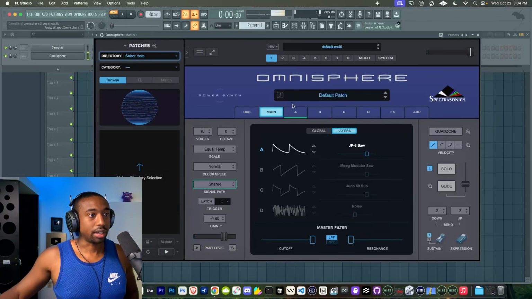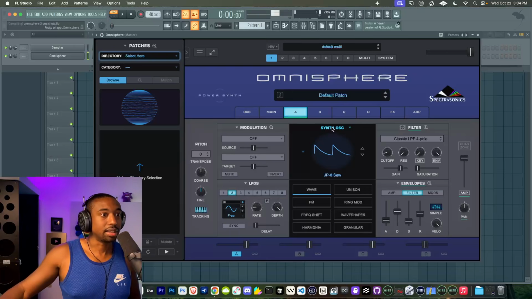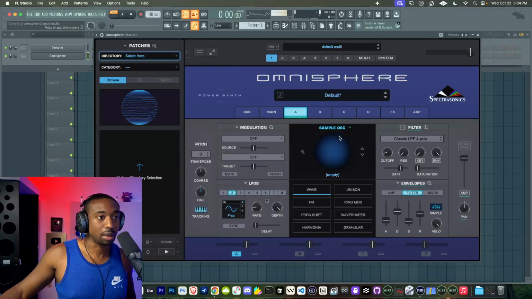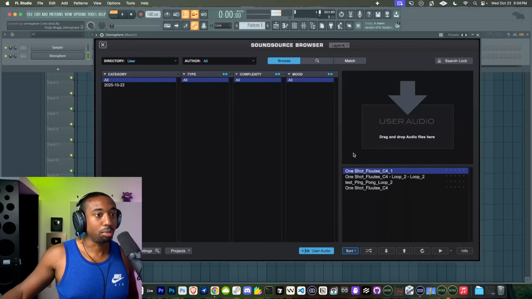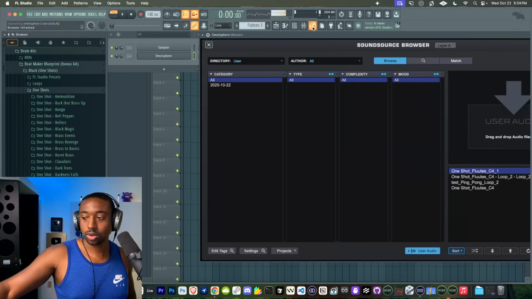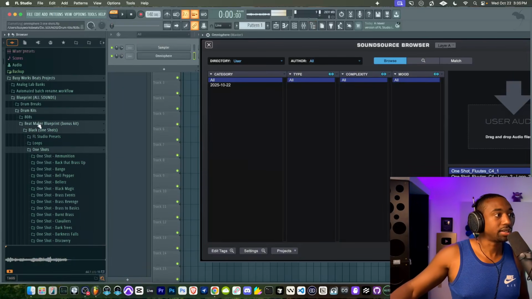If you click where it says Layer A, we can go to where it says Synth Oscillator. Click here, we'll switch it to the sample mode. Now we can click in here and import our own samples. So what we'll do is go into our browser, for example. This kit is at